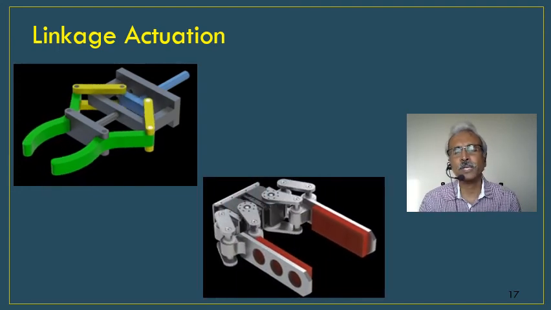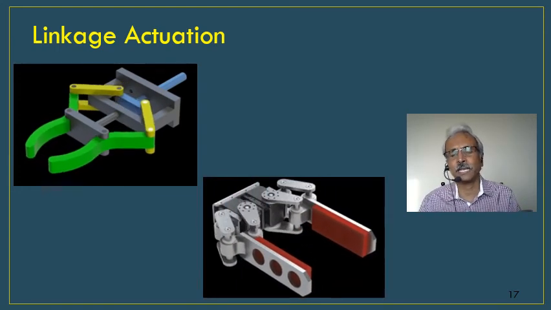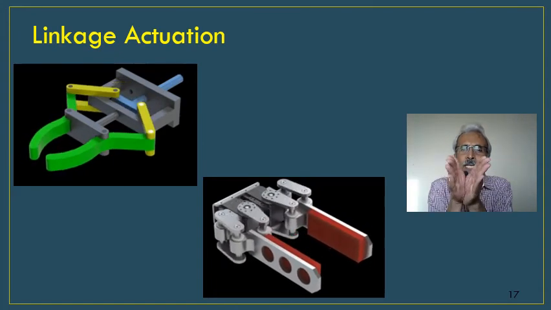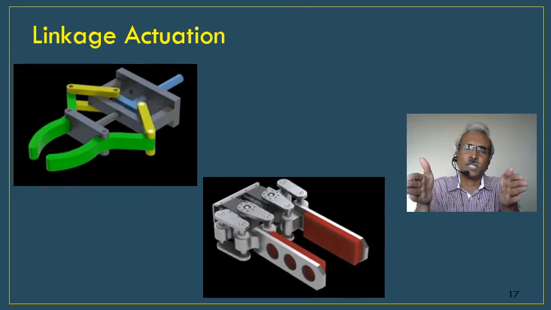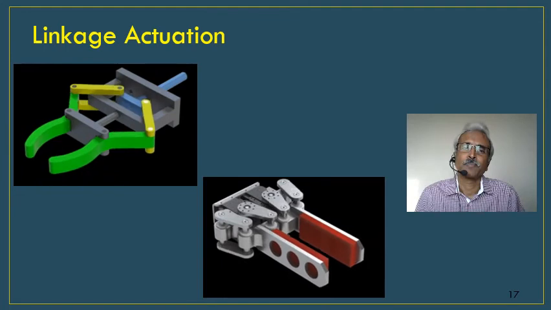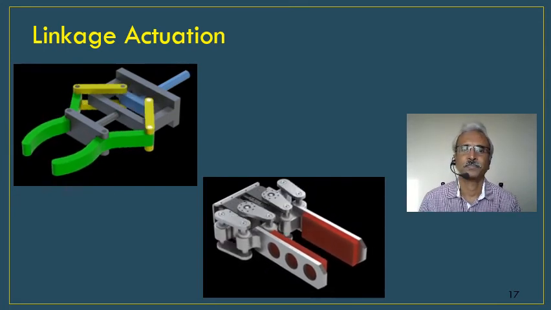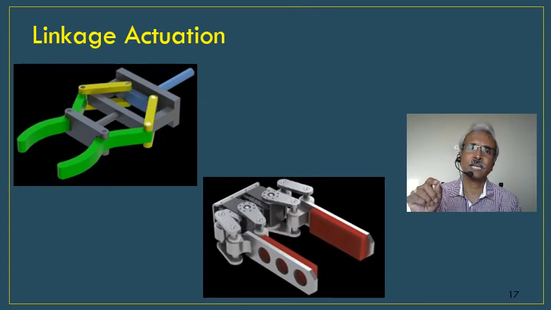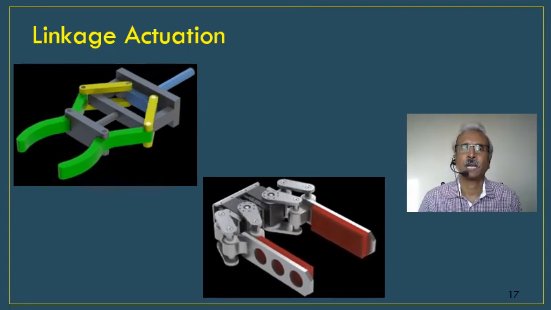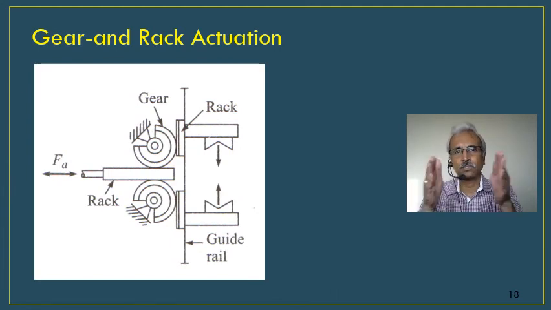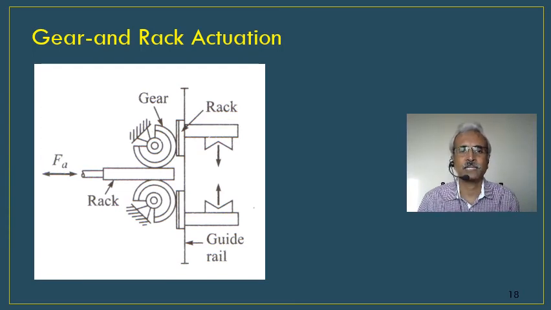So in the next one you can see in this animation, this is where you have translational movement. Instead of movement like this, there is a movement like this, which gives a better gripping force, especially when you have objects which have a square cross section. So there are a lot of linkages here. Through these links the motion is obtained. Because gear and rack we already saw earlier, where it gives a parallel or translational movement.